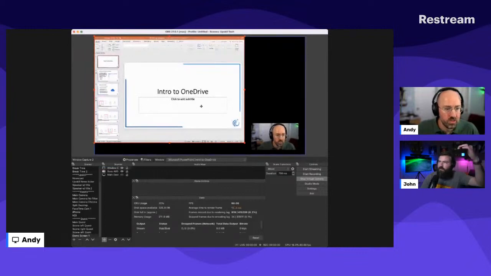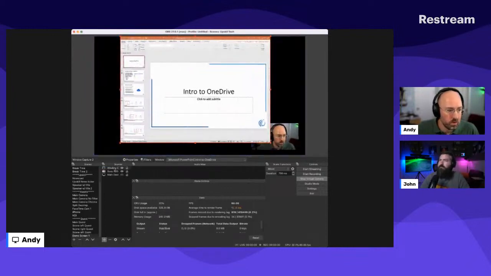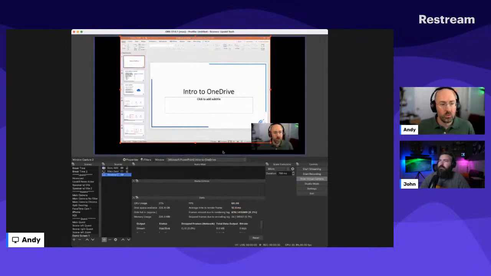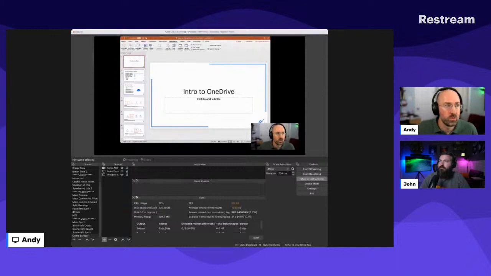It'll list all the windows that are open on your screen, so you just pick from the list. And so there's the PowerPoint, and I'm kind of overlaid on top of it. In the PowerPoint itself, what I would do is switch over in the slideshow menu and go to set up slideshow. There's an option in there to browse by an individual window, and that'll keep it in this mode. So if I switch it over into the presenter view, let me just make an update here real quick.